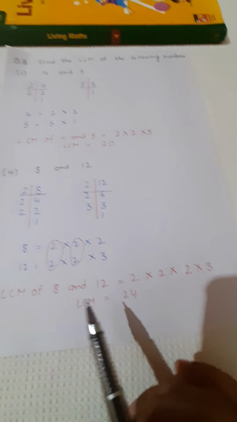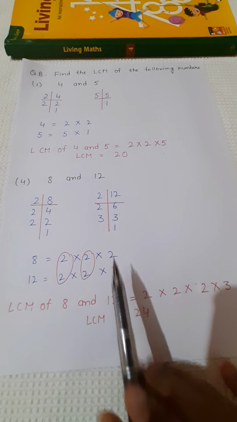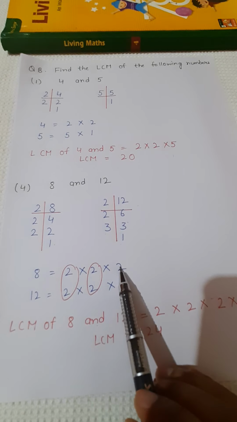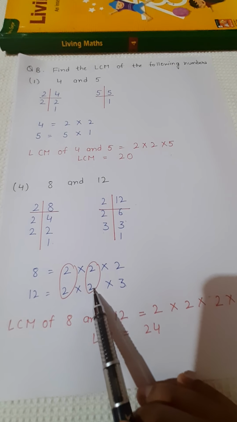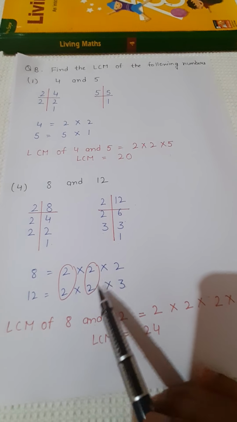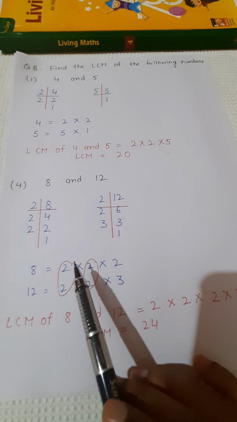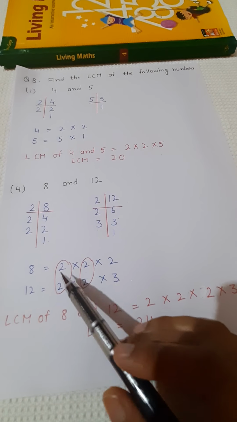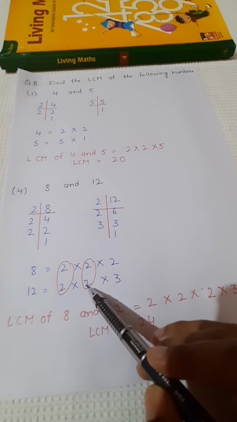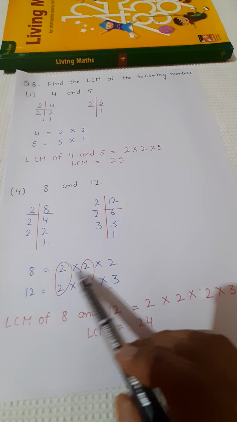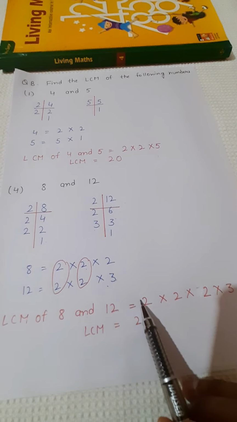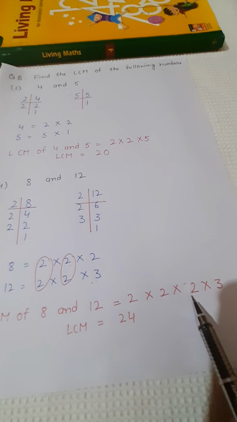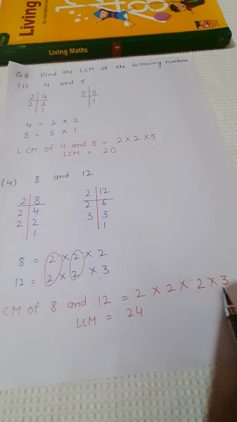One simple thing I will tell you here, how to find the LCM of 8 and 12. Look here, in the factors of 8 how many times is 2? 3. And here how many times is 2? 2, right? So the maximum number of times 2 appears is 3 times. Otherwise make the common like this: make a circle here and here. From the pair, one time we will write 2. This one is a pair, 1 time 2. Now what is left? This 2 and 3, and here 2 and 3. 2 2s are 4, 2 4s are 8, 3 8s are 24.